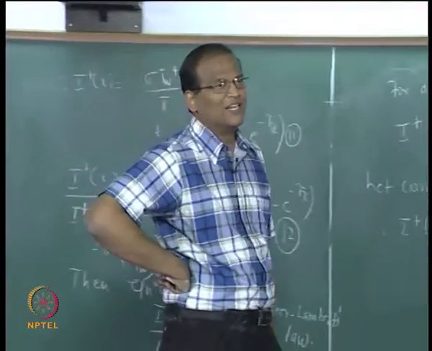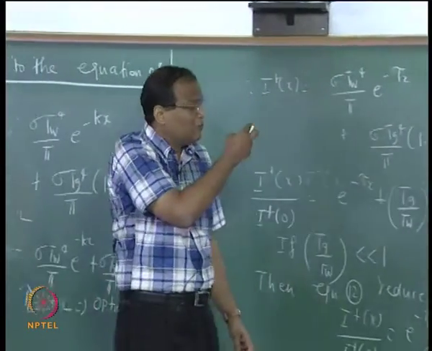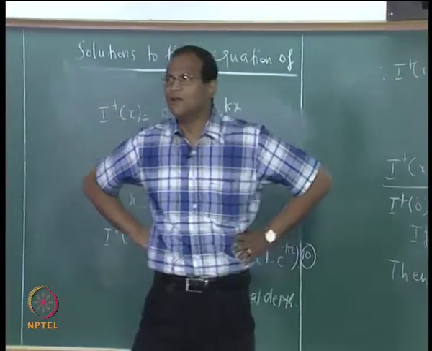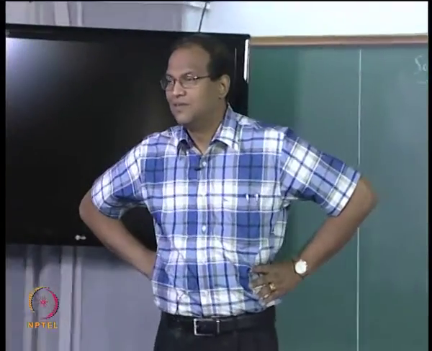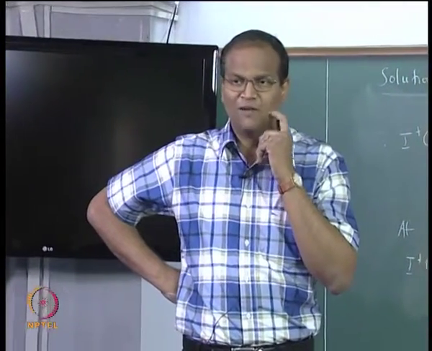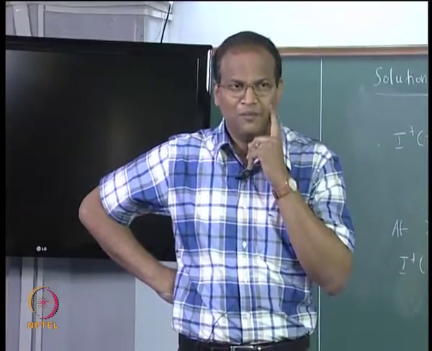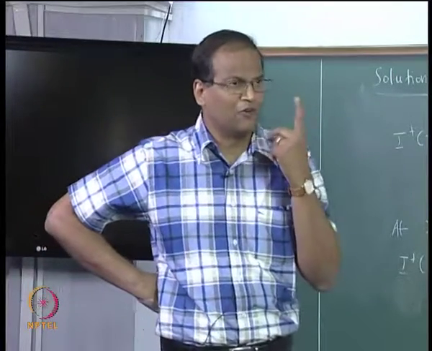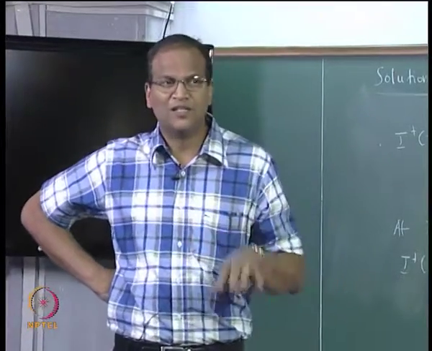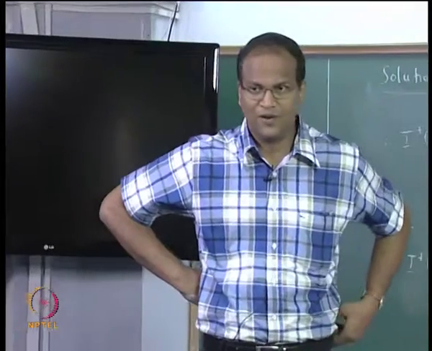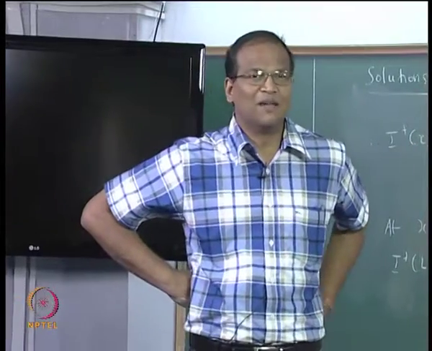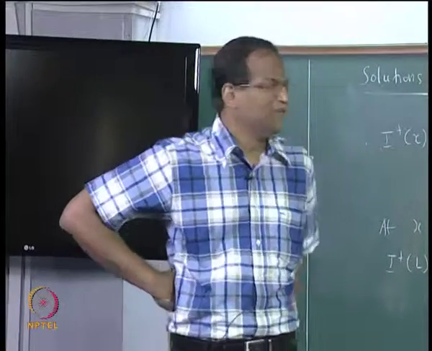Why am I worrying about sin theta d theta? Because I am looking at I plus arriving from all angles, and for a hemispherical average quantity I have to find the integral over the solid angle. So I will get sin theta cos theta d theta d phi, then I can convert it into d mu. Once you have d mu, you can expect e to the power of minus something by mu, d mu, and then beyond a certain point it becomes non-integrable. Then we have to resort to some tables. These are called the exponential integral tables, which I will introduce shortly.